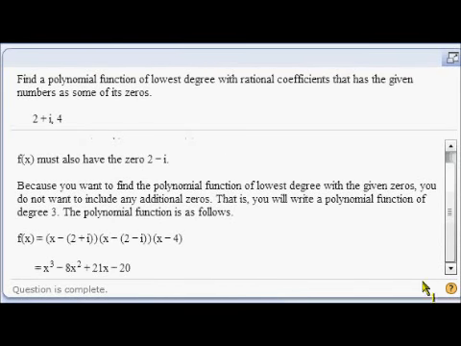All right, let's take a look at coming up with a polynomial function of lowest degree with rational coefficients that has the given numbers as some of its zeros. Okay, this right here, 2 plus i,